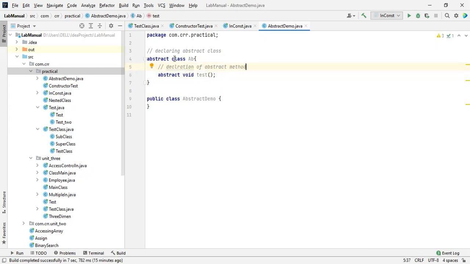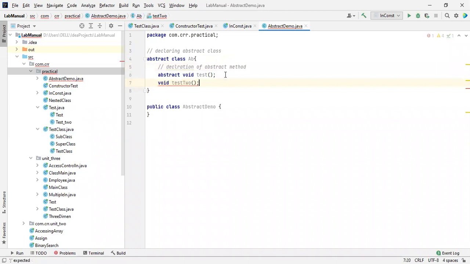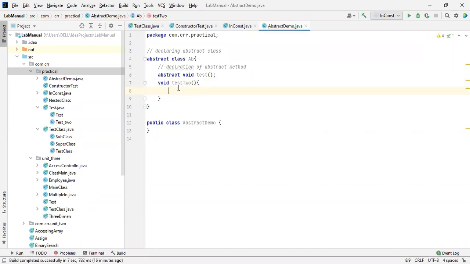So what does the abstract class consist of? Abstract methods as well as non-abstract methods. Let me declare that one also: test2. Now it is showing an error because this is not an abstract method. That's why we need to mention the implementation over here. Again, if there is abstract before the method, you should not implement it over here.